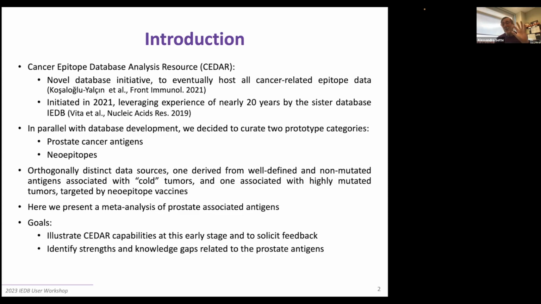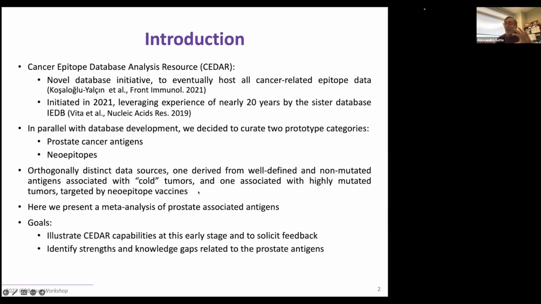And we decided initially to focus on two prototype categories. One is the neoepitopes. So these are mutated epitopes. And as mentioned earlier, typically these are very cancer-specific in the sense of a particular patient and particular tumor instance specific. And prostate cancer antigens, which is instead the orthogonal